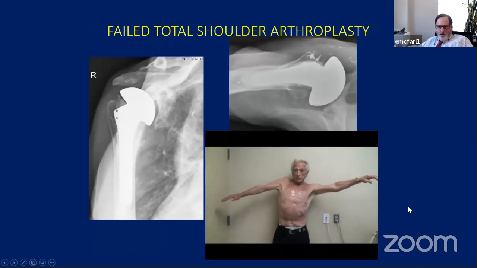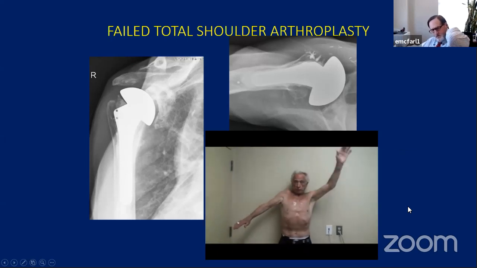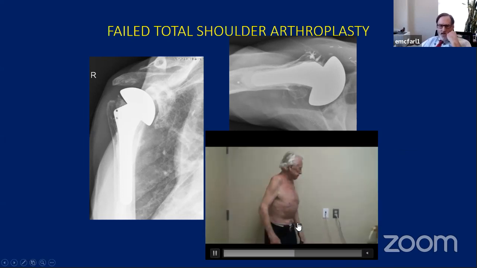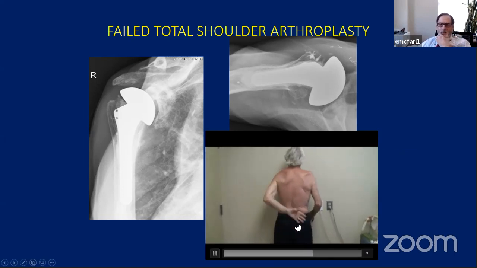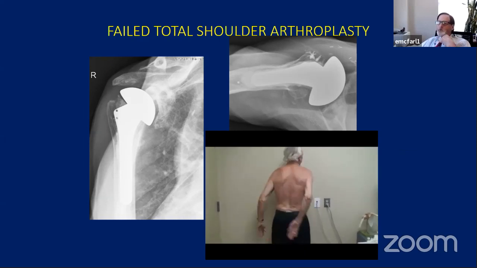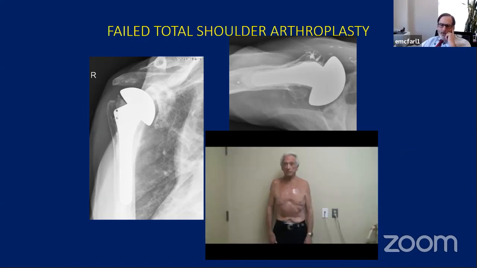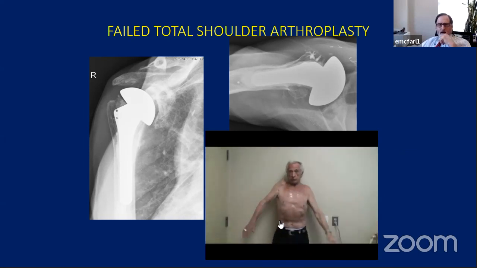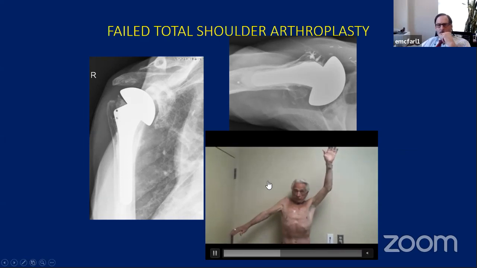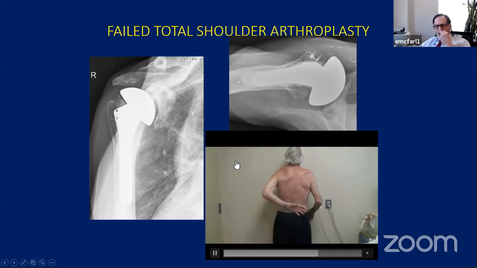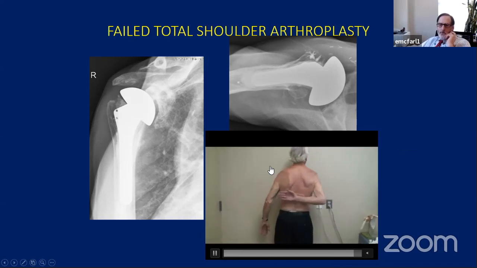So here's another example of how this operation, how reverses have helped other indications. This is a guy, he's a retired plastic surgeon, and he's had 7 operations on his shoulder. So he had a hemi, and then he got a total, and then that failed. So they put in another hemi, and that time he got a brachial plexopathy. So they went in and explored his brachial plexus, and they also did a coracoid osteotomy to try to stabilize the shoulder. And so anyway, here's his range of motion.